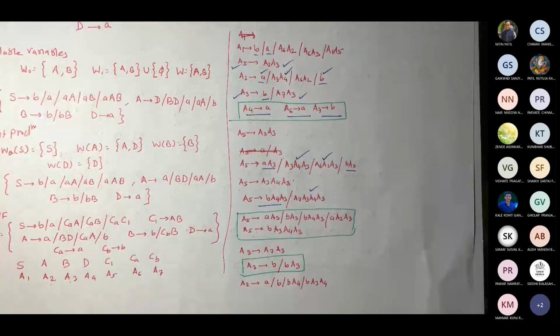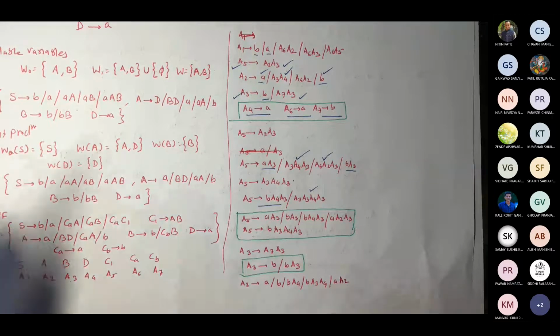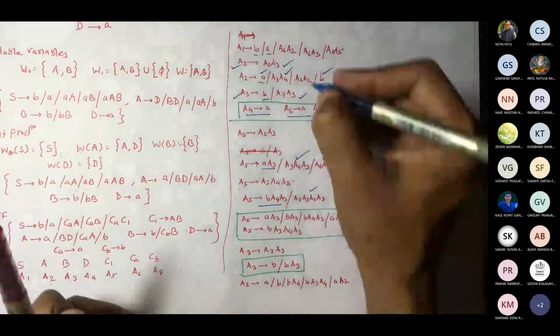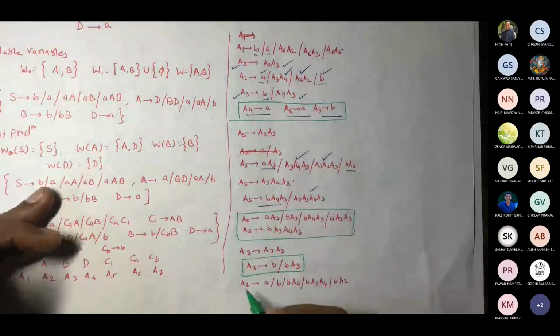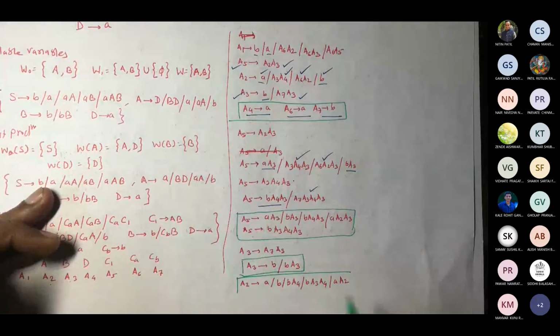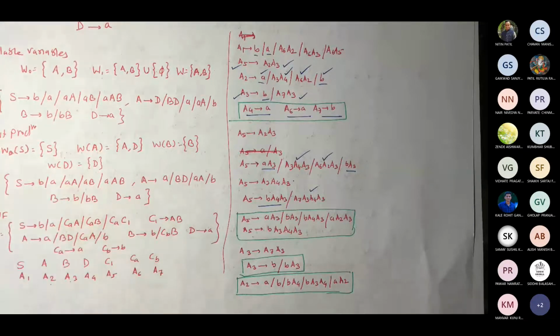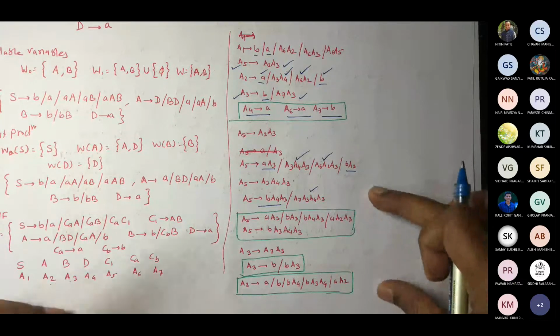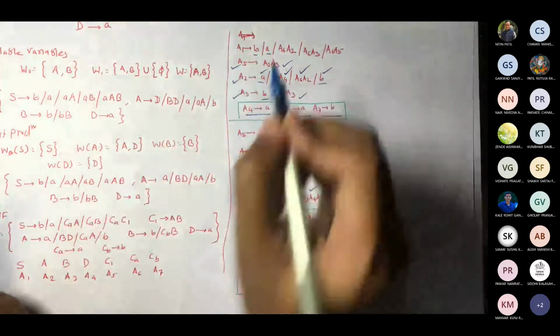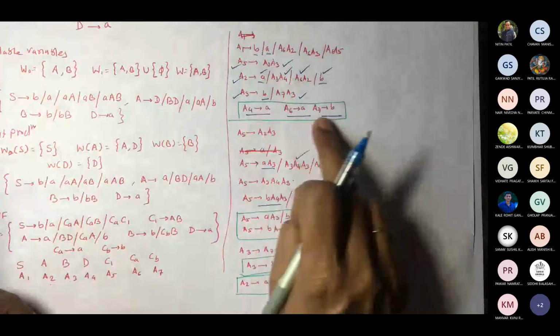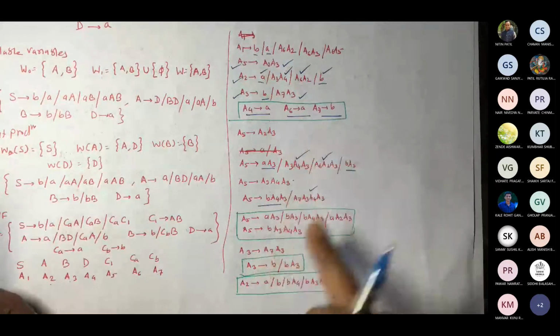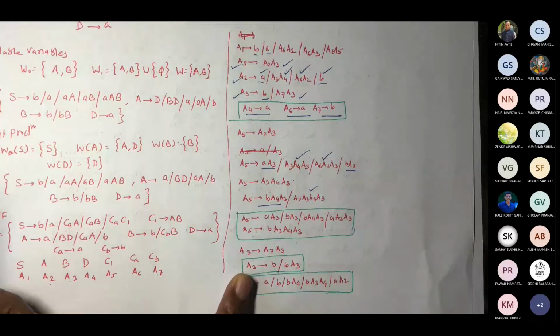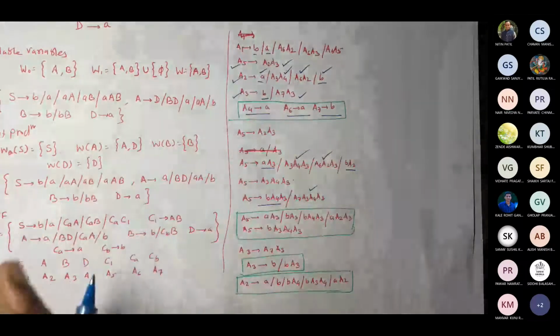Now this one A6 A2. What is A6? A. So I will write A2. So A2 productions are also done. Correct. So let us mark it. Now, what are remaining things? So I will write it here. What is remaining? A2 is also done. A3 is also done. So we already marked A4, A6, A7. A2, A3, A4, A5, A6, A7 is done. Only remaining is A1. Correct?